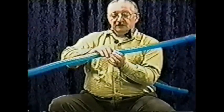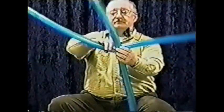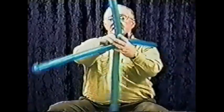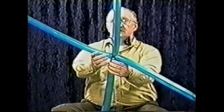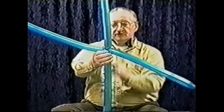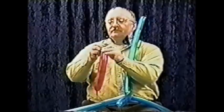Now you take and wind this together at that split, and wind it back and forth. You'll want this to be where it was before. The top, and the one balloon is this way, and the other balloon is this way. Now, at this point, I'll usually take a small red, or a red 260, put a little bit of air in it, and then make a 4-petal